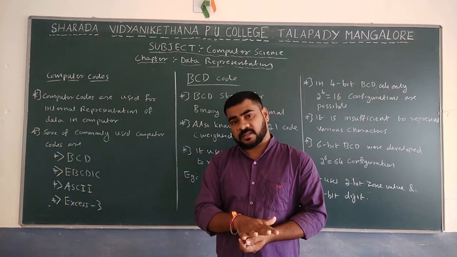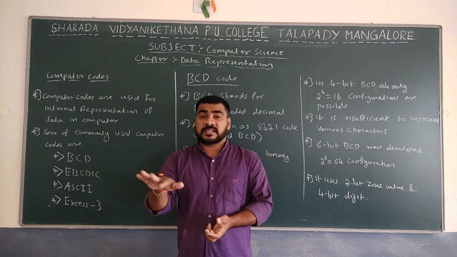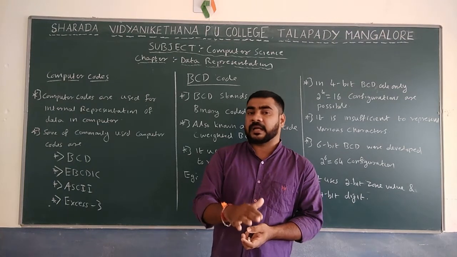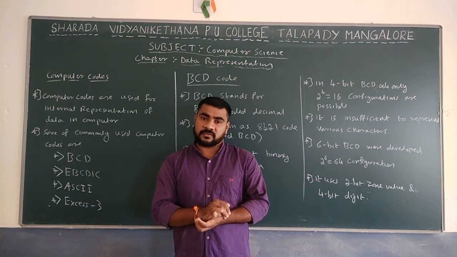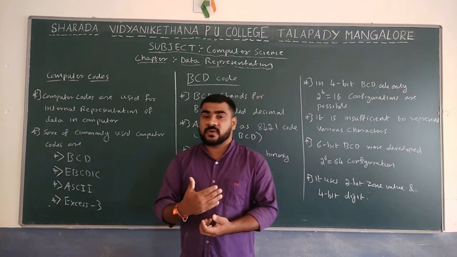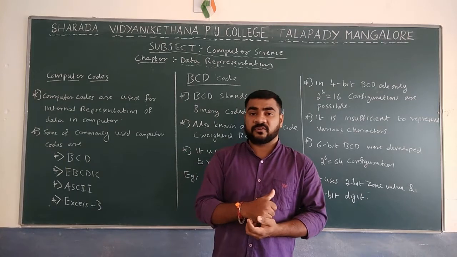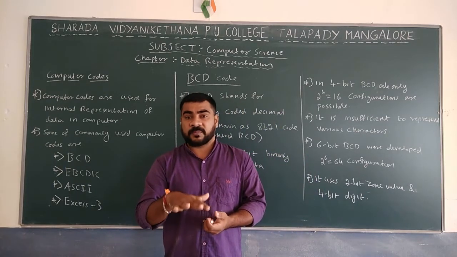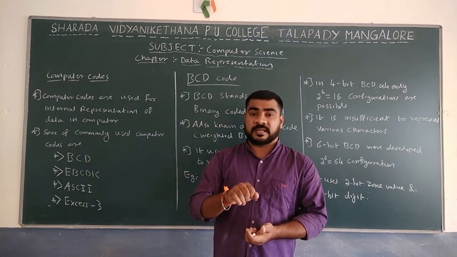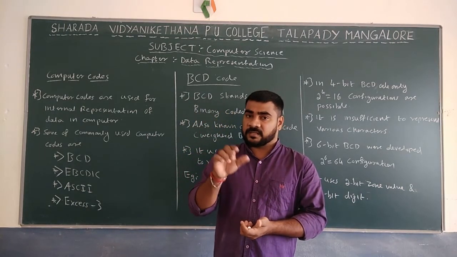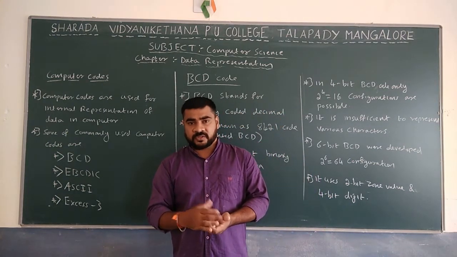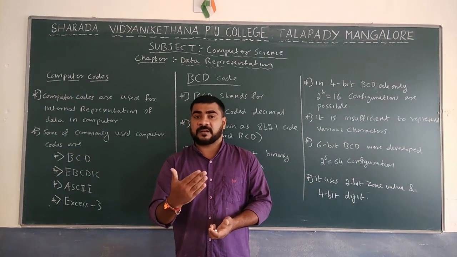But the computer system cannot understand all these types of numbers. If you enter binary, any other number system, or any character, it is not understood by the computer. The computer has its own language. It uses only high voltage and low voltage to represent data. High voltage we say is 1 and low voltage we represent as 0. So only binary numbers can be understood by computers.